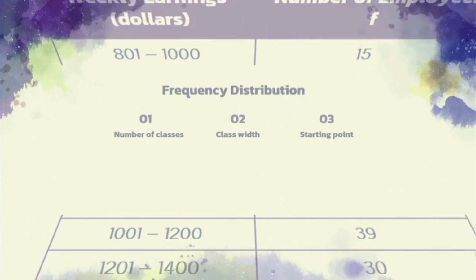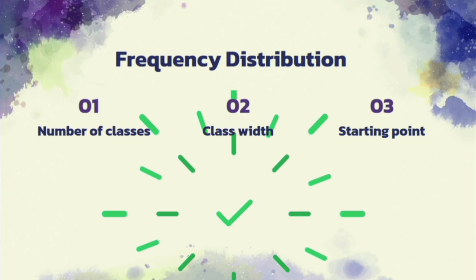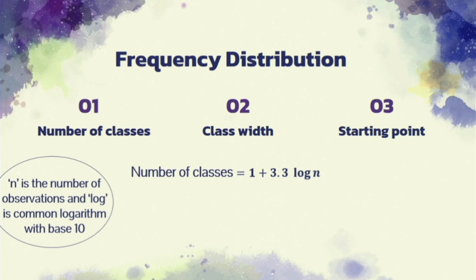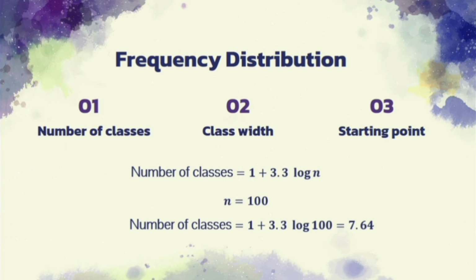Now we will use these 3 key decisions to construct a frequency distribution table in a practical example, where the number of classes can be determined by this formula, where n is the number of observations in our data, with common logarithm which has base 10. For the sake of understanding, I will take 100 observations. The number of classes is 7.64, but in practice, we round it to some convenient number. The number 7 or 8 is more convenient than 7.64. So for 100 observations, we can make either 7 or 8 classes, and it totally depends